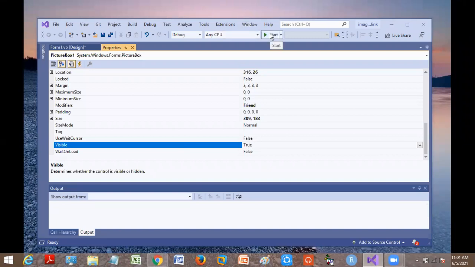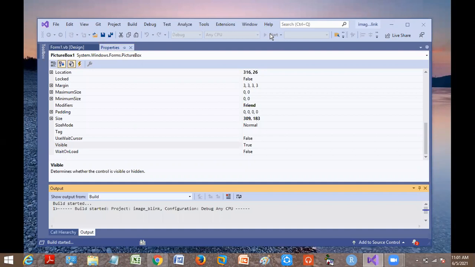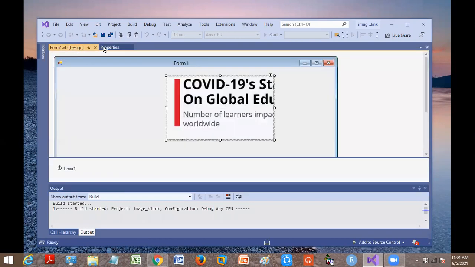Let me run and show this once. I've not written any code yet. I've just inserted a picture, and the picture's visible is true. Just let's run the program and see what happens. It is building.